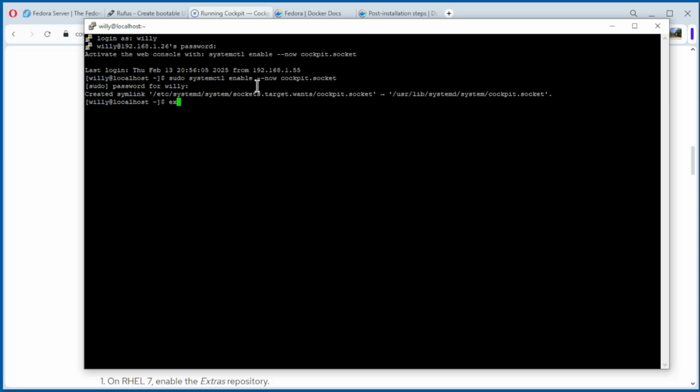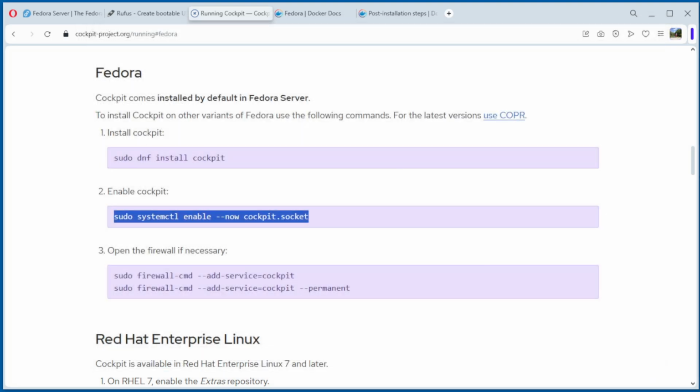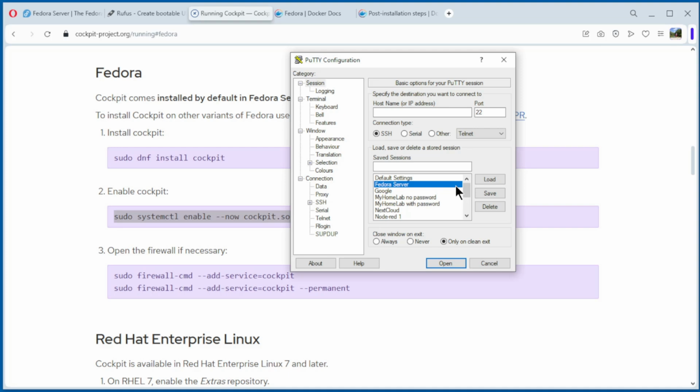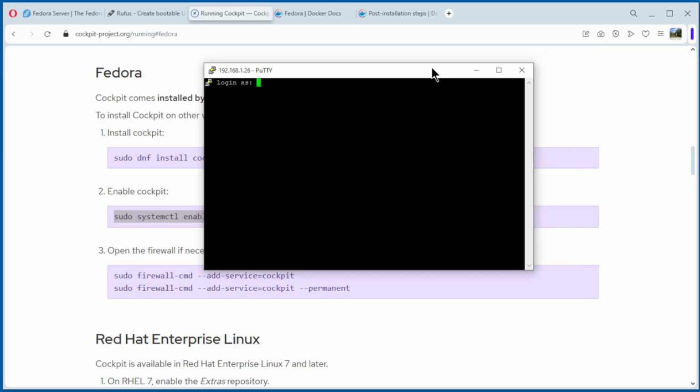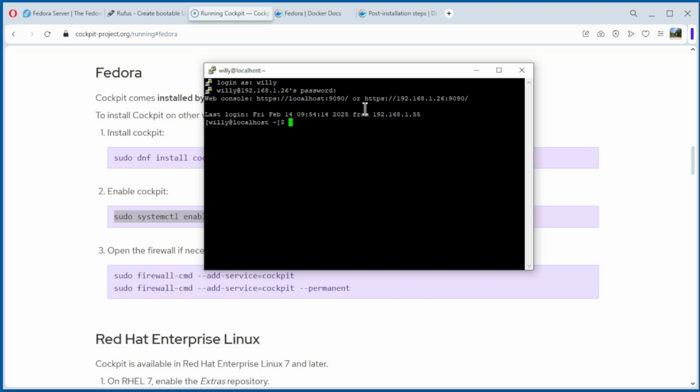I'm gonna exit. Run it again. Oh, see here. Open. Again. Password. You see here now the text has changed. Now we have web console, HTTPS, localhost port 9090, or 192.168.1.26:9090. So go to our browser,